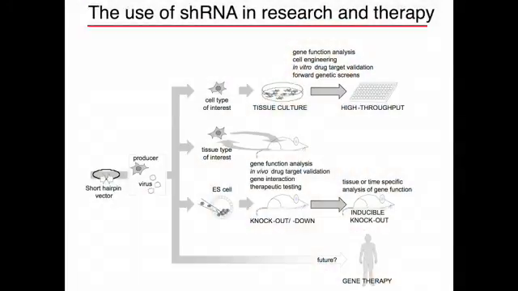It can also be used for knocking down a gene inside animals, such as a mouse. For example, you can introduce the shRNA into ES cells and make a mouse line, and let that shRNA express in that mouse and see whether, if you knock down that gene, you are able to see a phenotype. And the final goal is to use the shRNA technique to see whether we can achieve any therapeutic